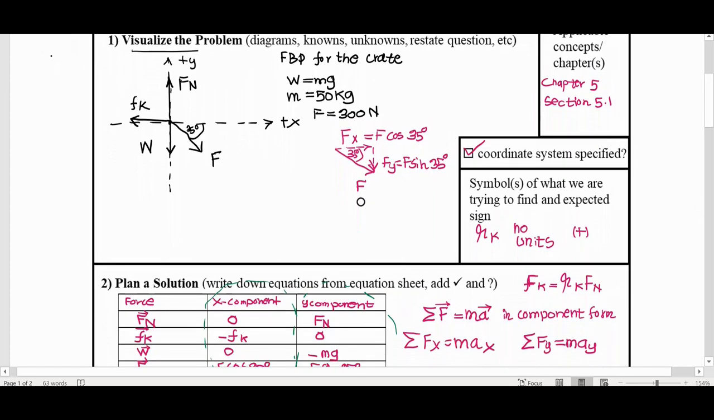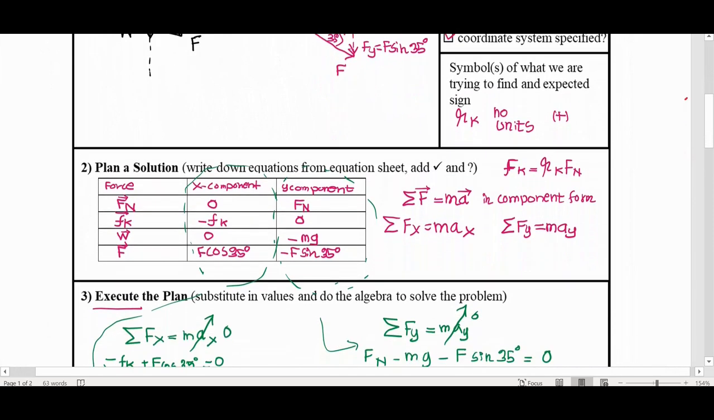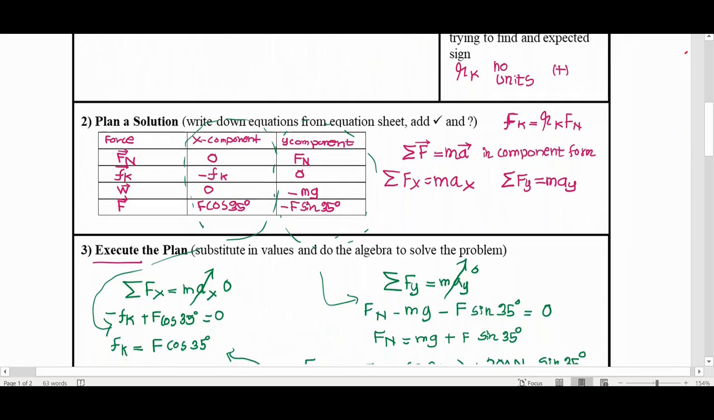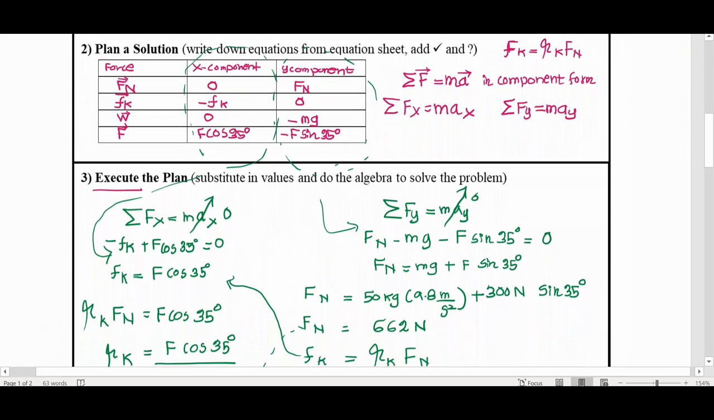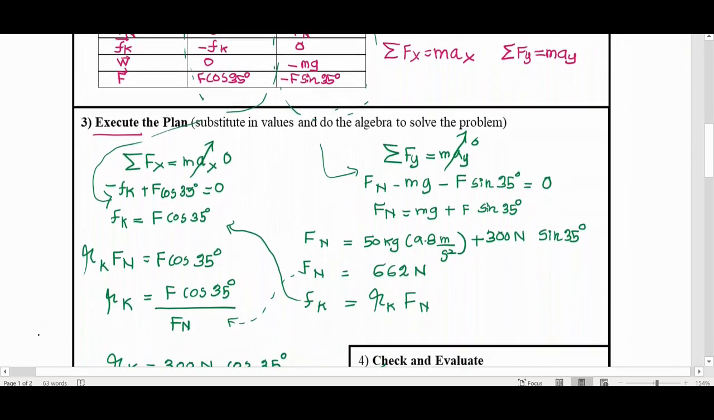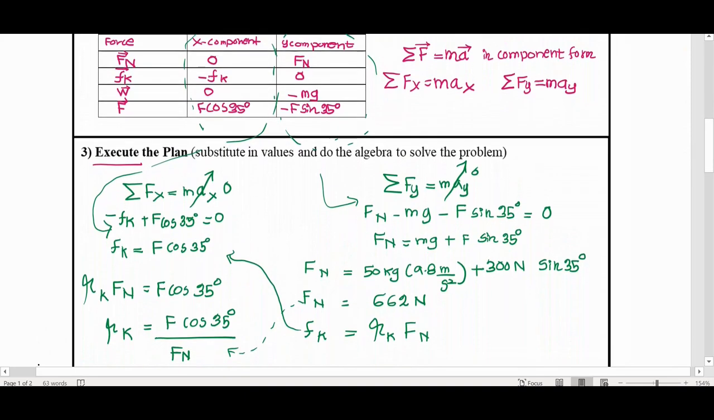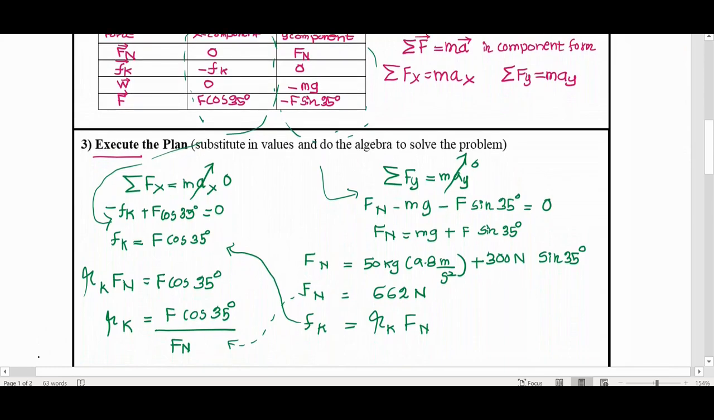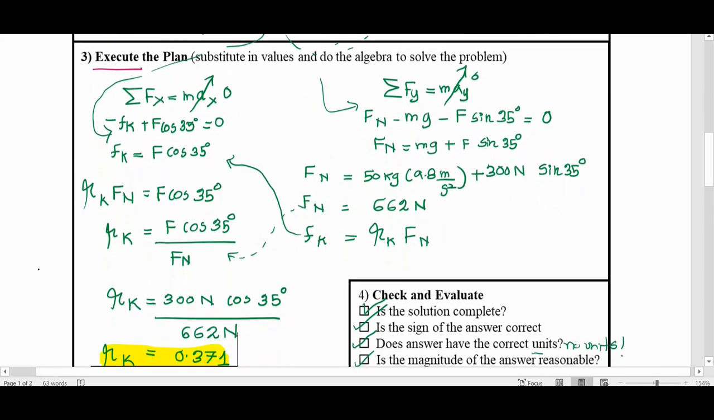And then we created this table. It is a lifesaver. It's going to save us a lot of time if you come up with a table like this. It's very clear. You have a clear direction, and then we use the component form of Newton's second law in x direction and y direction. We came up with an equation for the normal force, and we calculated the normal force, and we used that to come up with an expression